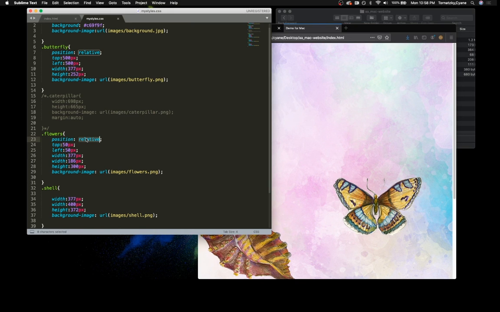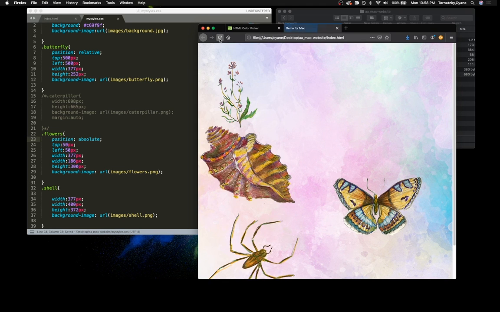What happens instead of a position relative, I say position absolute. What happens there? I'll hit refresh. Whoa, all of a sudden, my flowers snapped to that 50-50 position that I wanted it